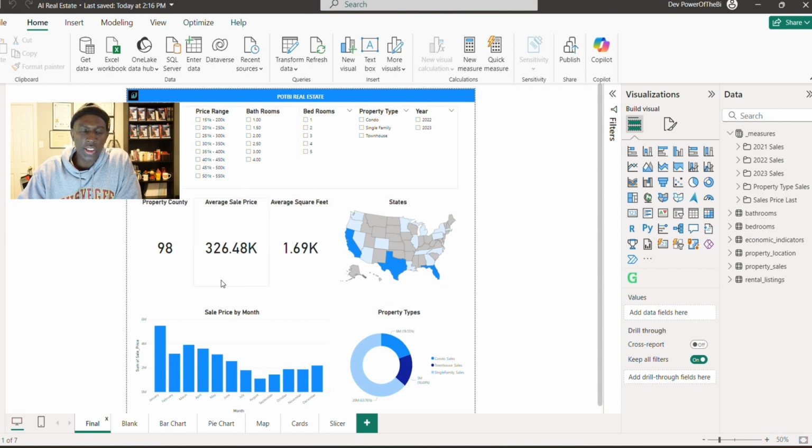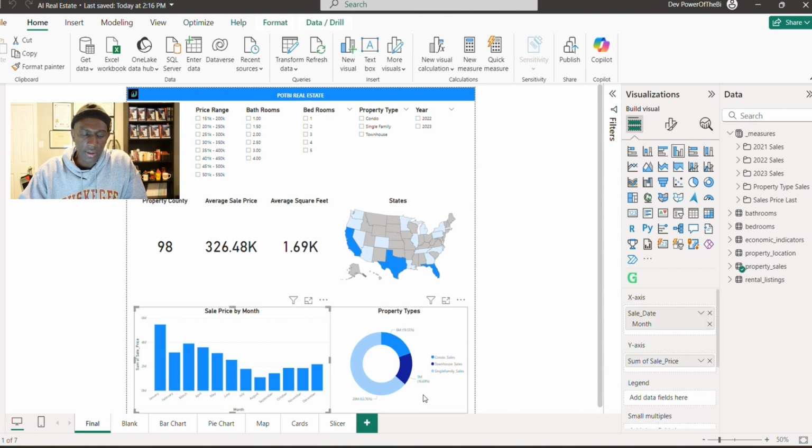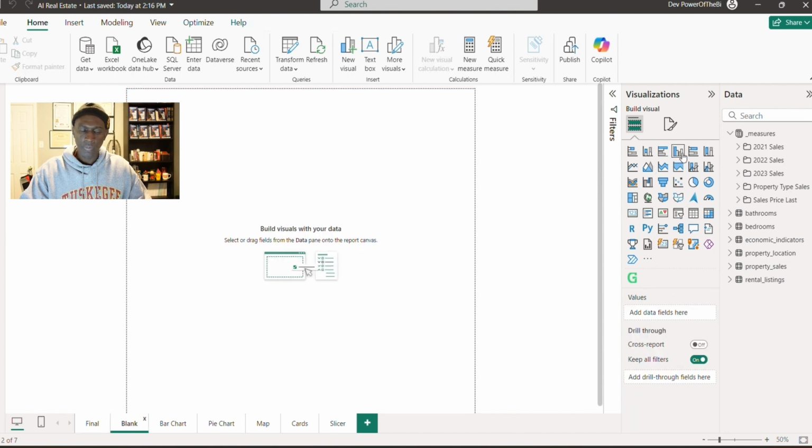So again, this is the initial report that we saw, which is going to be our final report. And basically what I want to show you now is how to bring in visualizations. As I click here, I see that this is a column chart, and I know it's the column chart I selected because there's an outline around it. So I'm going to go over to our blank visual, and I am going to bring in